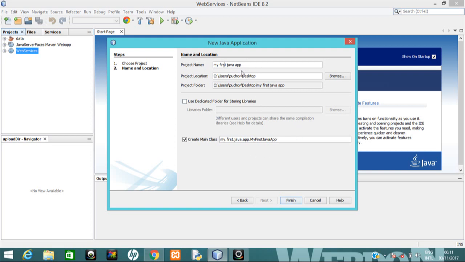So the project name, my first Java app, project location, where you want the location to be. Mine is on my desktop. Project folder, desktop / my first Java app. If you want to use a dedicated folder for this, then you can always specify it here. If you want it to create a main method, then you click this, which is highly recommended, so you could always run your application at a glance. So we'll just do the finish